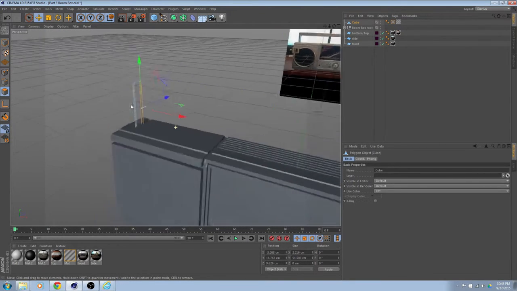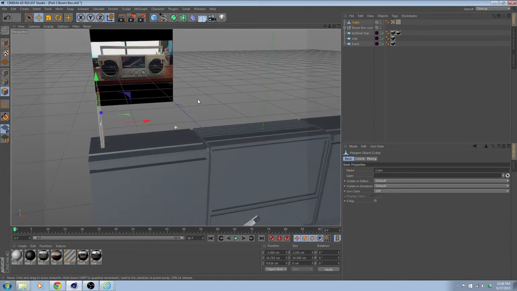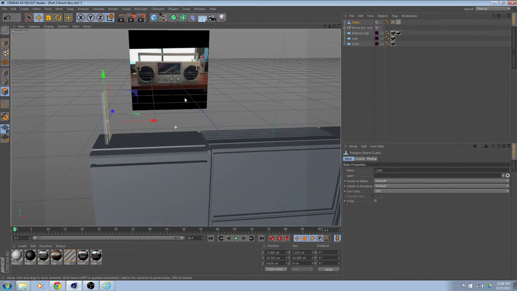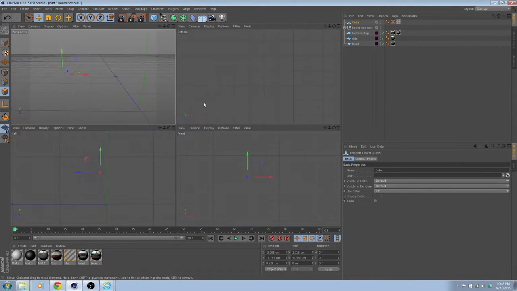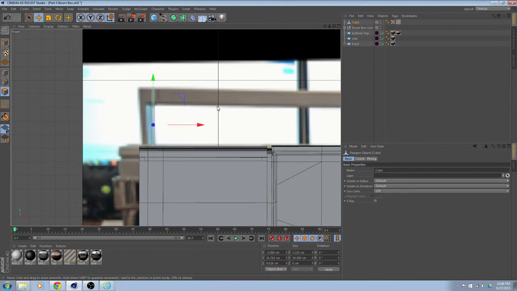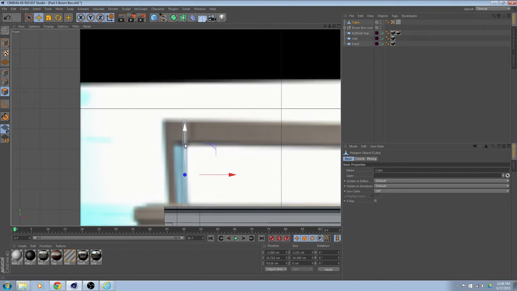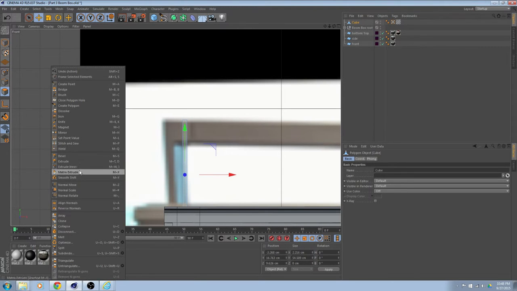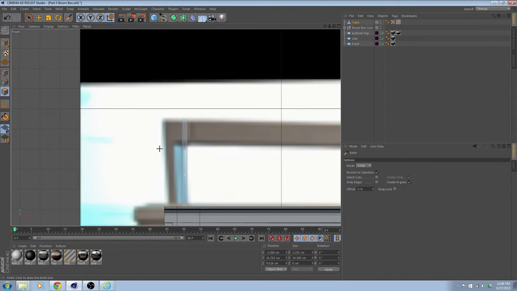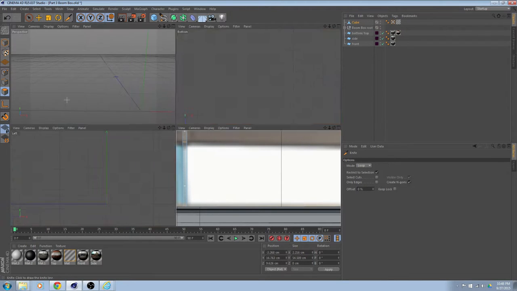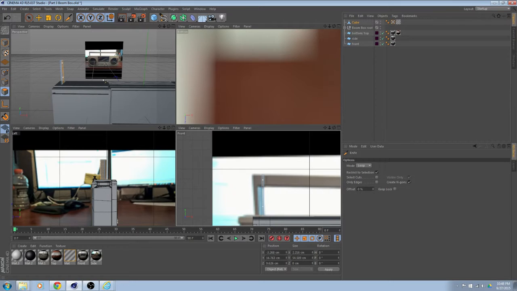Now, what we're going to do here is I'm going to do a couple things. So I'm going to get into the front view. I'm going to make a cut right here. So I'm going to get my knife tool, get my loop. I'm going to make a cut right here. Alright. Now the next thing I'm going to do is I'm going to select